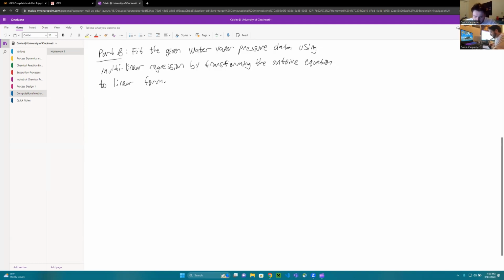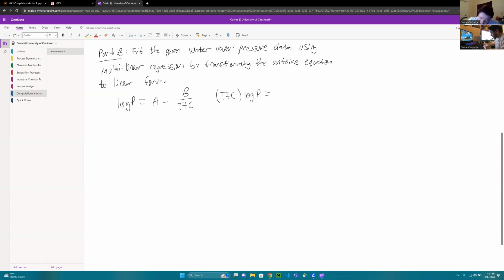So for this portion of the video, we're going to be fitting the given water vapor pressure data using multilinear regression by transforming the Antoine equation to linear form. So starting off with the Antoine equation, we have log P equals A minus B over T plus C. So transforming this into the linear form, we have to multiply everything by T plus C first. So we'll have T plus C times log P